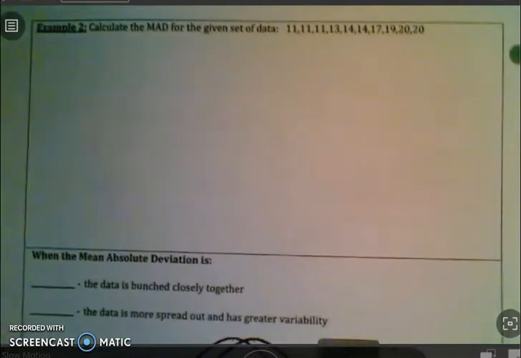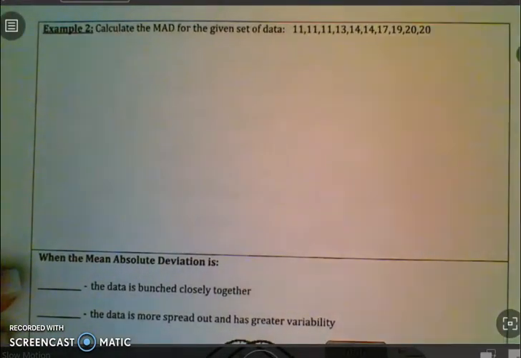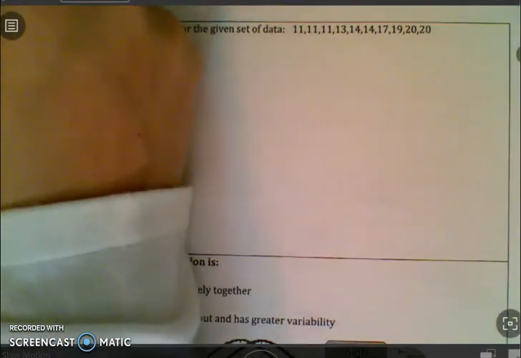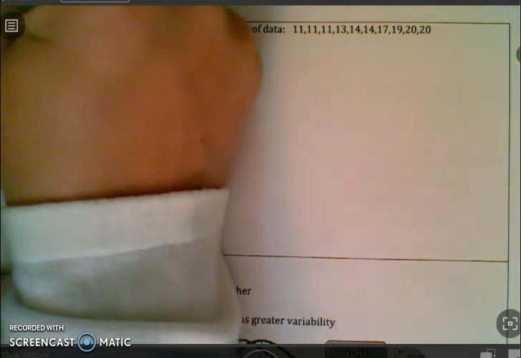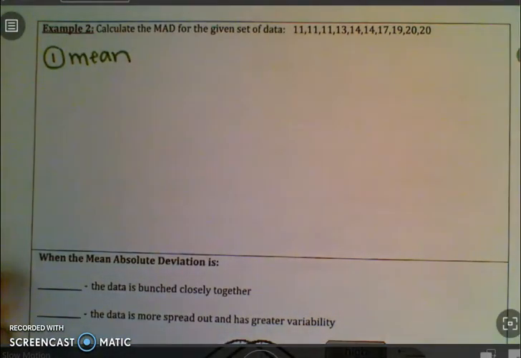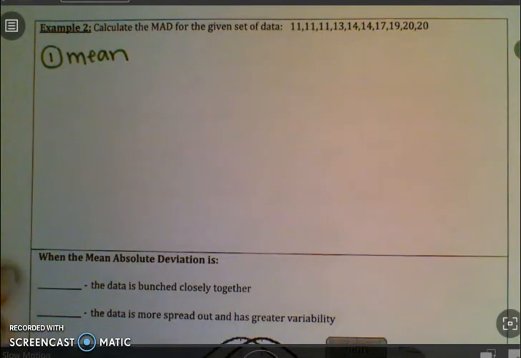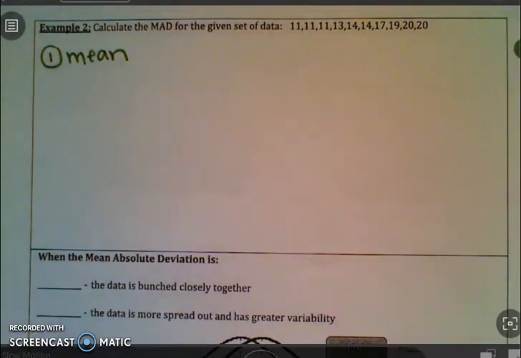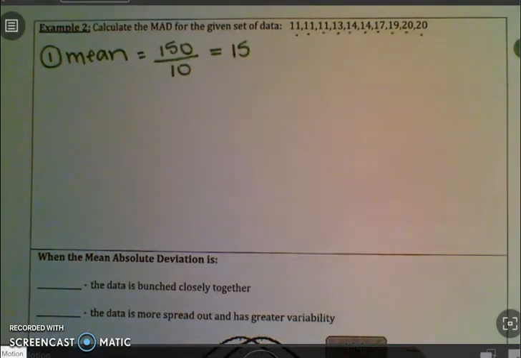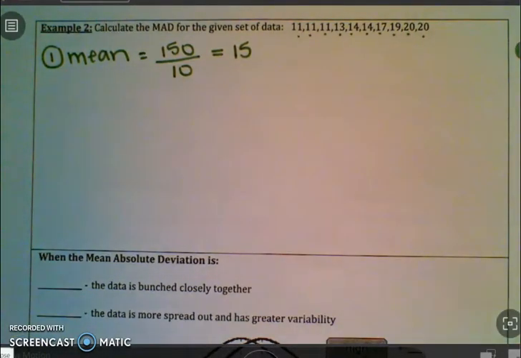Okay, let's go back. Calculate the MAD for the given data set. So step 1 is find the mean. Go ahead and pause this video and find the mean of this data set. When you're done, unpause. Okay, so when you added them all up, you should have got 150, and there are 10 numbers, so when you do 150 divided by 10, you get 15. Okay, step 2